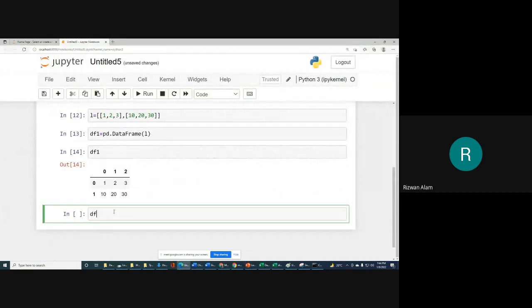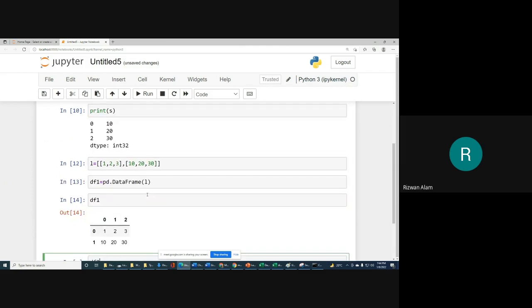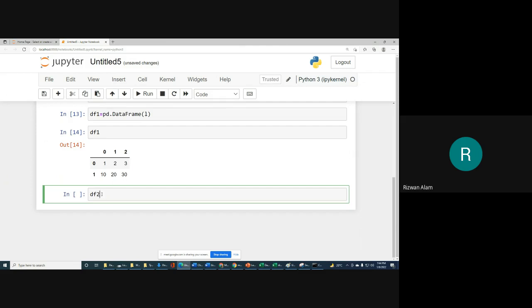We already have df1, and we want to copy it to df2. For that, first we may have to import the copy library also. I will check that and tell you. Let me check that first.